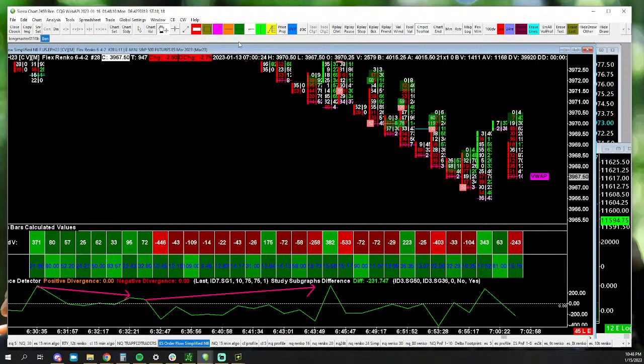Okay, there's the high. So we got just a regular old lower high. I'm personally not selling those unless we are at resistance. This is not a resistance. I don't know where we are on the chart, but we're definitely not at resistance, right? We didn't do enough of a pullback to get resistance. So I'm going to wait and watch this low.